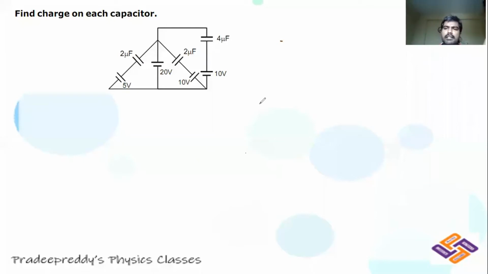Capacitors were initially charged and those capacitors were connected with each other so that only redistribution of charge takes place. But in this problem, batteries are already connected. So here charge redistribution does not take place among the capacitors. You are now connecting the battery to the individual capacitors. That's the reason why, because of those batteries, charge gets transferred from one plate to the other plate because of those potentials.